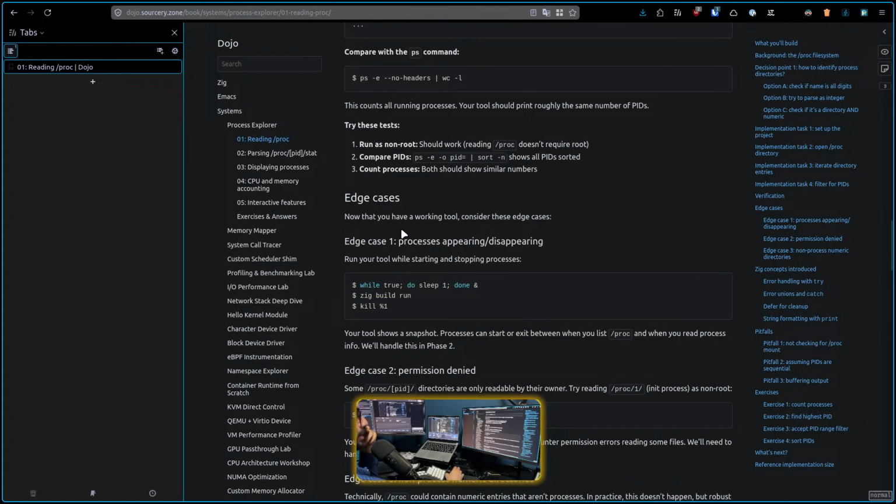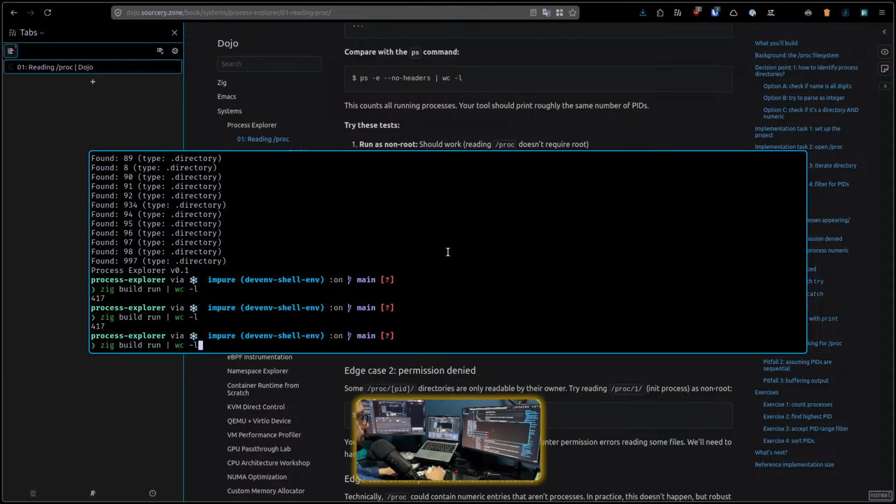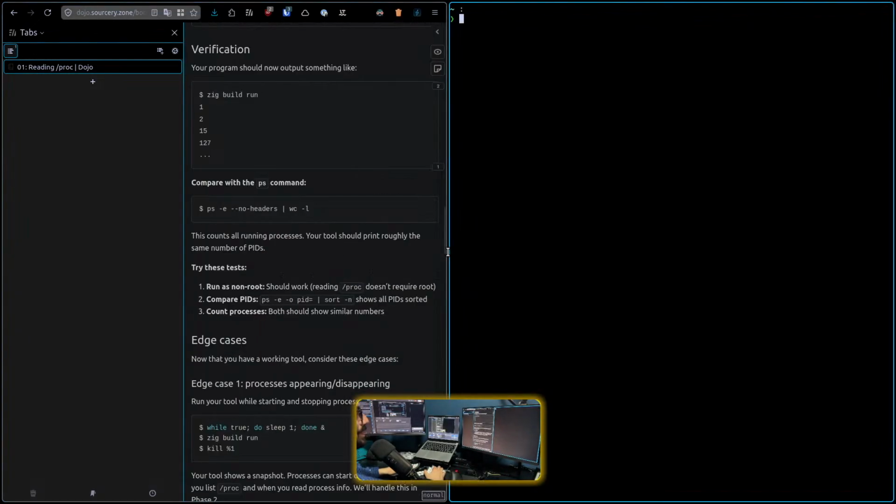Edge cases. Now that you have a working tool, consider these edge cases. Edge case 1, process appearing, disappearing. Run your tool when starting and stopping processes. Right, do step 1. But this is something we already observed, right? I never get the similar amount of processes. Oh, actually in this case now I'm getting it, but let's open